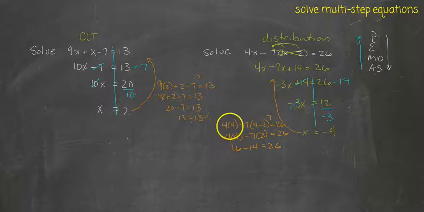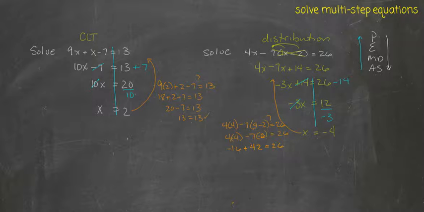It's a negative 4. Negative 4, a negative 4. So this is negative 6, negative 4. So that's a negative 16. A negative 7 times negative 6 is a positive 42